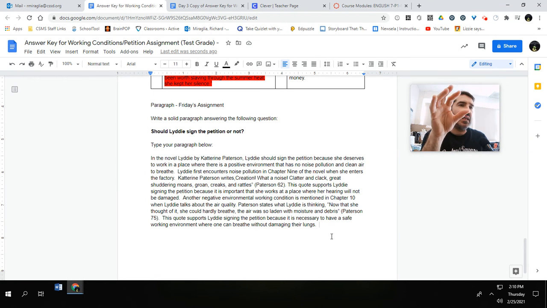So as far as my solid paragraph goes, I have a claim. I have two quote sandwiches. What my paragraph is lacking is a conclusion. So now I need to wrap everything up. And this is also a place where your paragraph is going to be slightly different. When I read these, I should not be reading my own paragraph. Okay, if I'm reading my own paragraph, you're going to be losing points. You're going to be losing points if I'm reading exactly what I'm putting on this video right now.